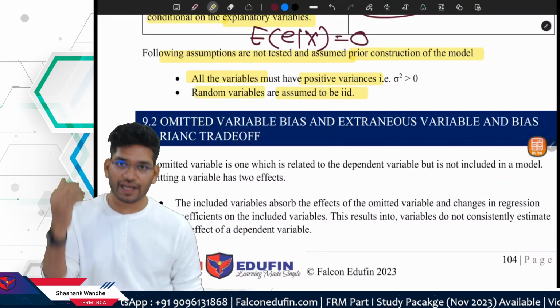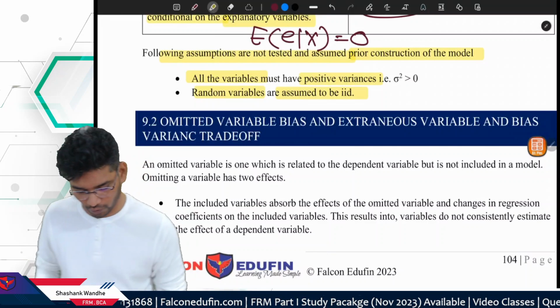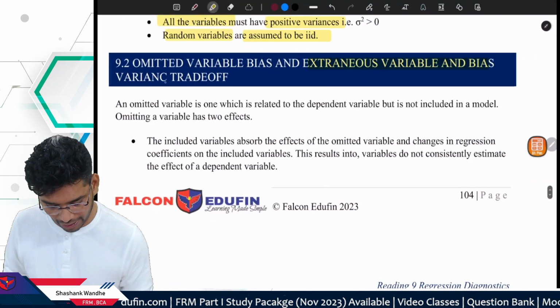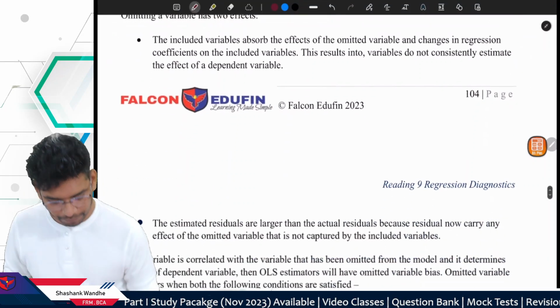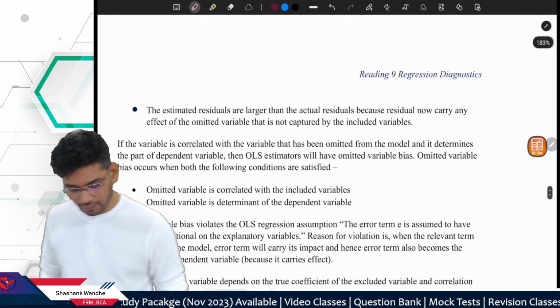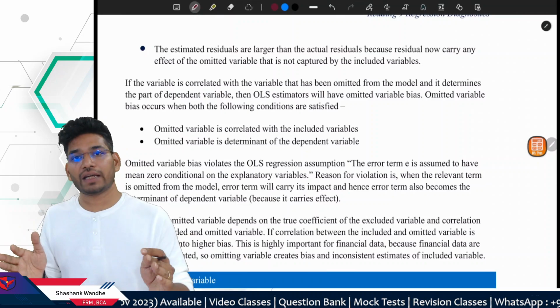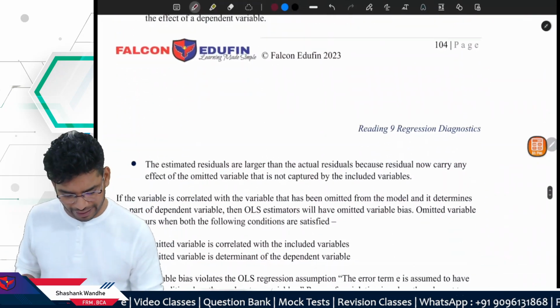These two assumptions are assumed and you don't need to test or check them. Okay. Then we have the first, omitted variable bias and the extraneous variable bias. That is a bias variance trade-off. Now always remember, omitting a variable is a problem and including unnecessary variables is also a problem. So here we are discussing mainly